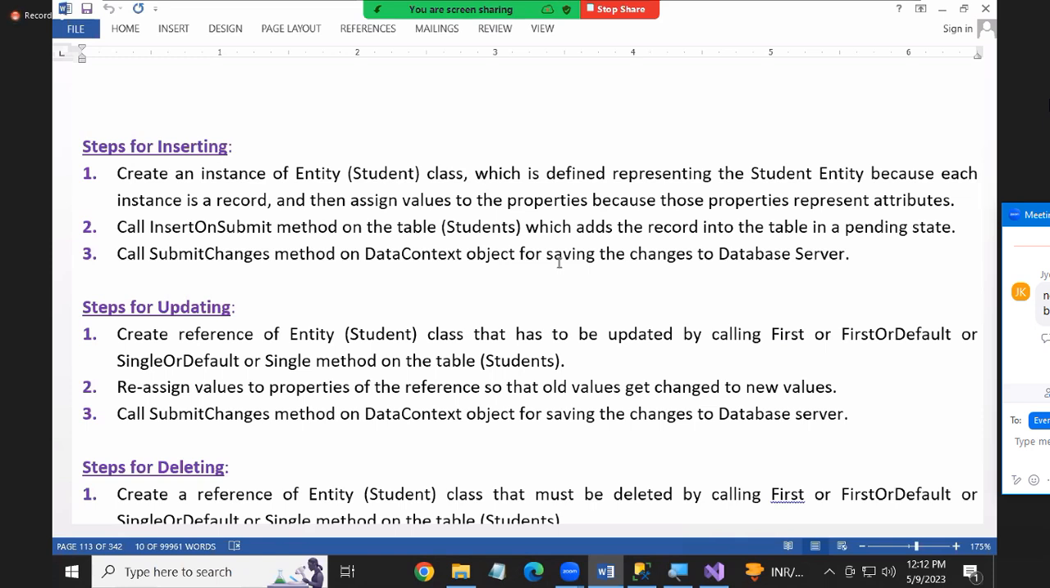In simple English, call the SubmitChanges method on the data context object for saving the changes to the database server. The third step will save the changes to the database server. Suppose any error occurs while saving,